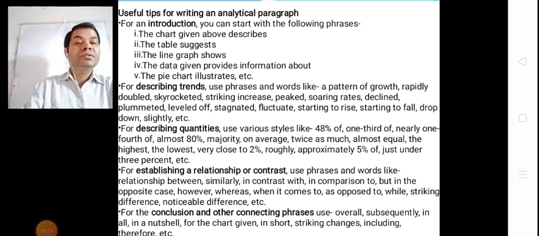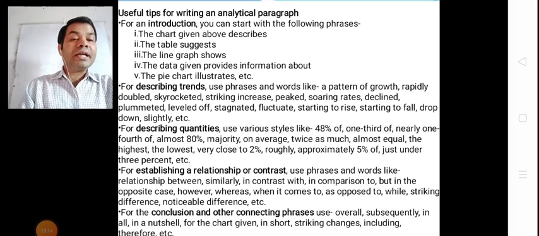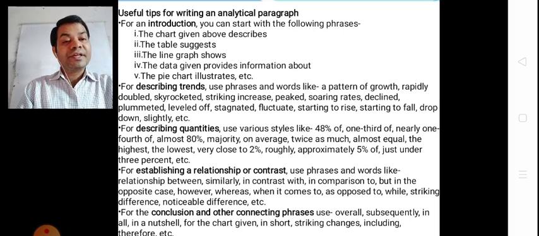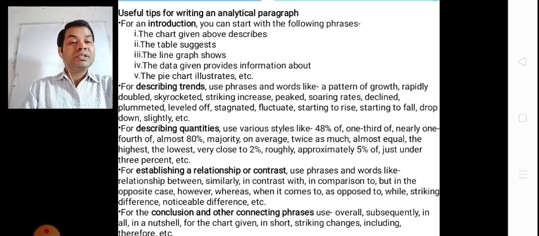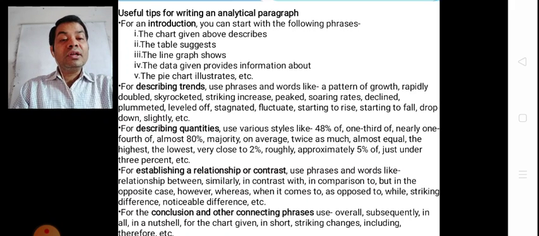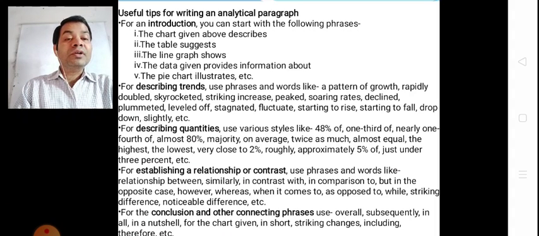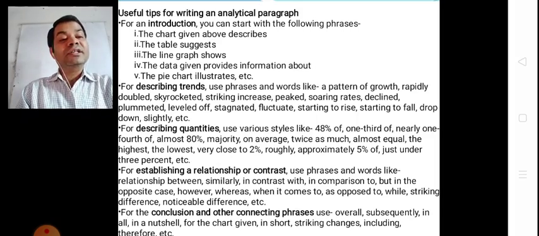Now, for the conclusion and other connecting phrases, you can use overall, subsequently, in all, in a nutshell, for the chart given, in short, striking changes, including, therefore, etc. So dear students, these are